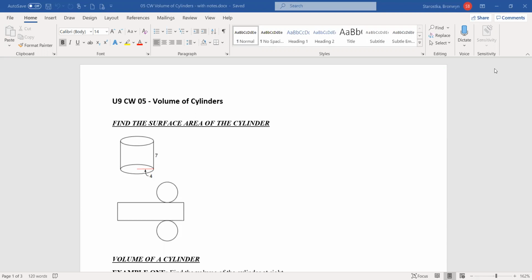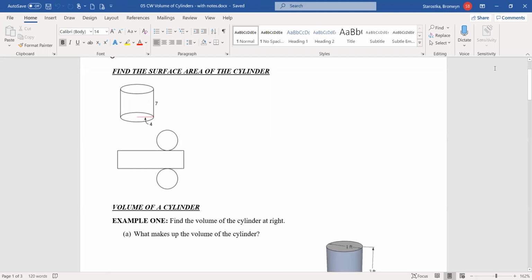All right, good morning. Today we're going to do the classwork for classwork 5, volume of cylinders. So our prior knowledge, we're going to find the surface area of the cylinder. Let's recall